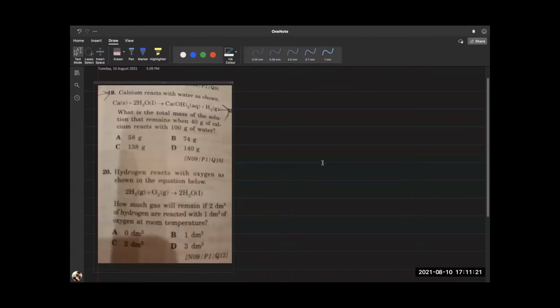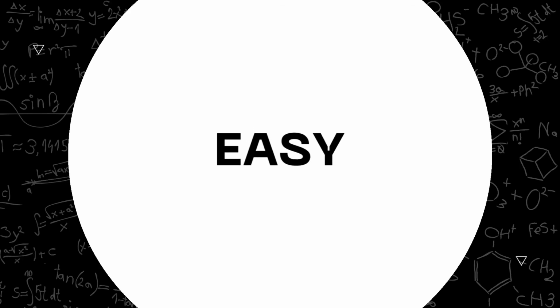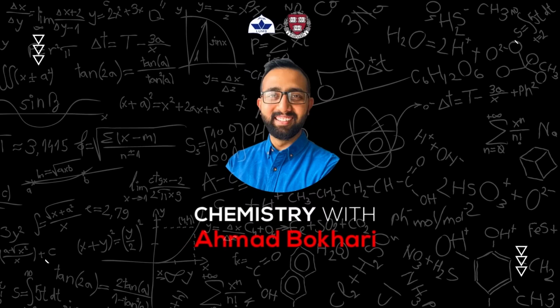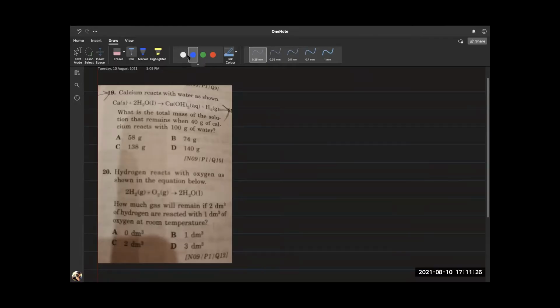Yeah, so today we're just going to practice these questions. So what does it say? Calcium reacts with water as shown. What is the total mass of the solution that remains when 40 grams of calcium reacts with 100 grams